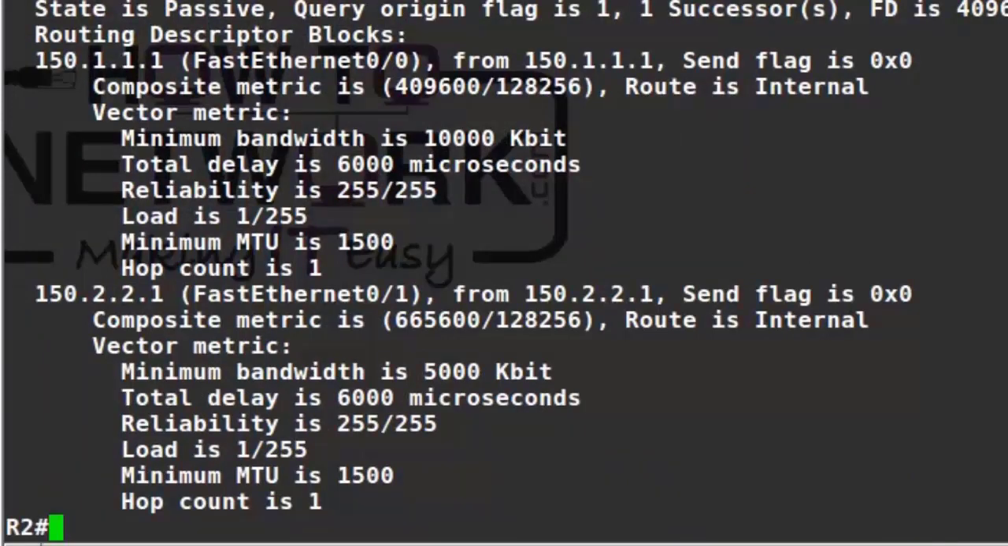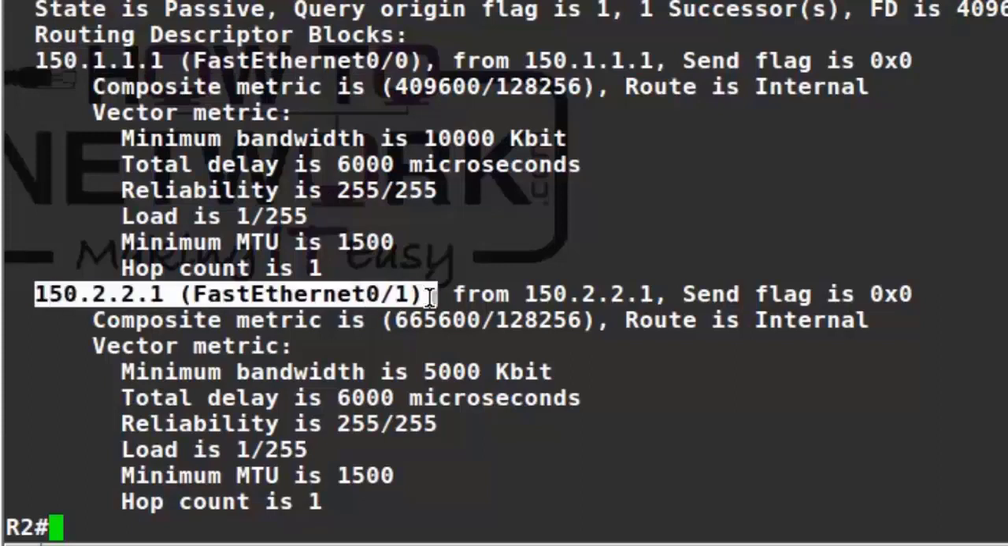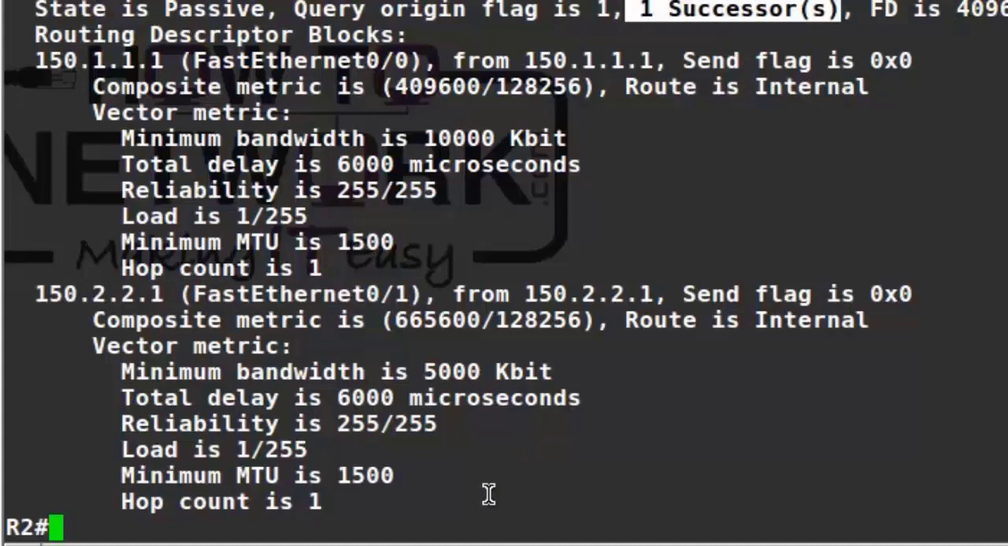And here we can see we've got two routes to that network. Obviously only one has been put in our routing table, but we have two routes. So we can load balance over these routes if we use the variance command. All we need to do is take the first value from our metric,